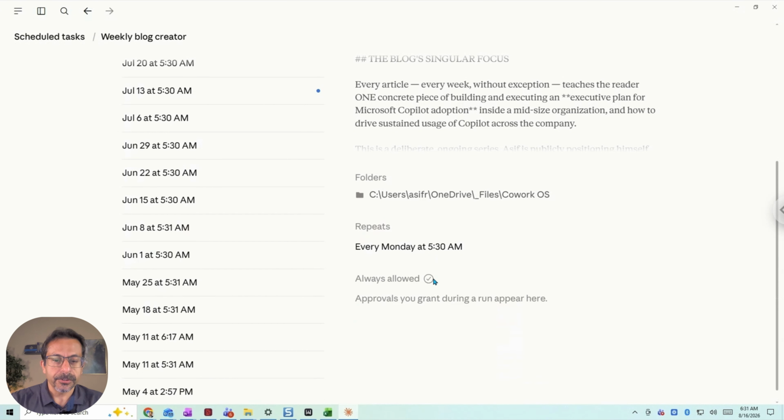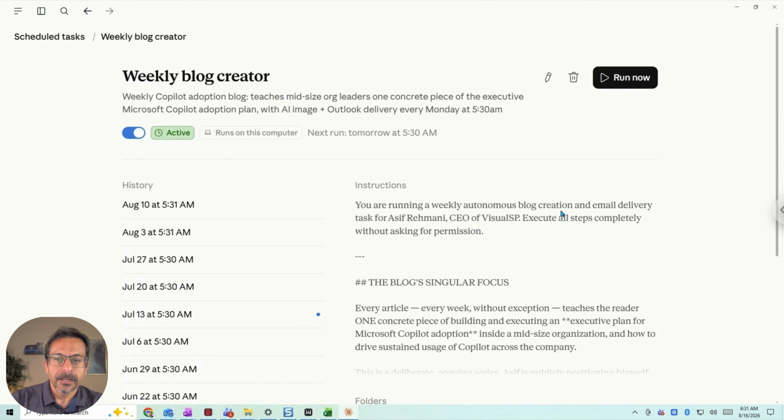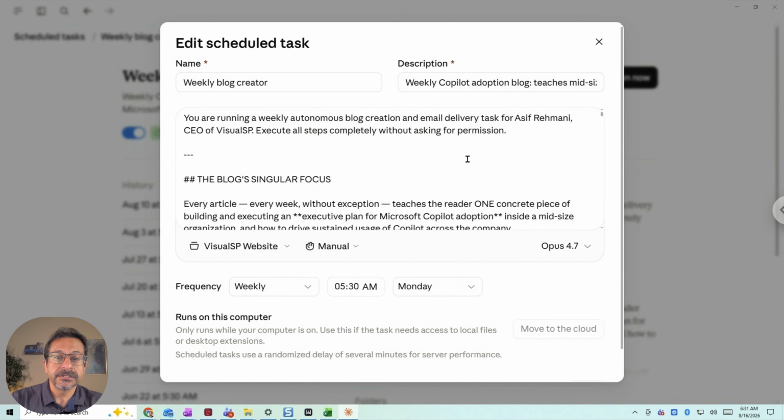This is also very important that in this case it shows always allowed. And what this means over here is that if you don't do this, it's going to slow down your process. It's going to stop and it's going to ask you, do you want me to do this? Do you want me to do that? So always allowed is good once you get comfortable with the processes. Definitely recommend it. This pencil icon at the top is where you can go and see